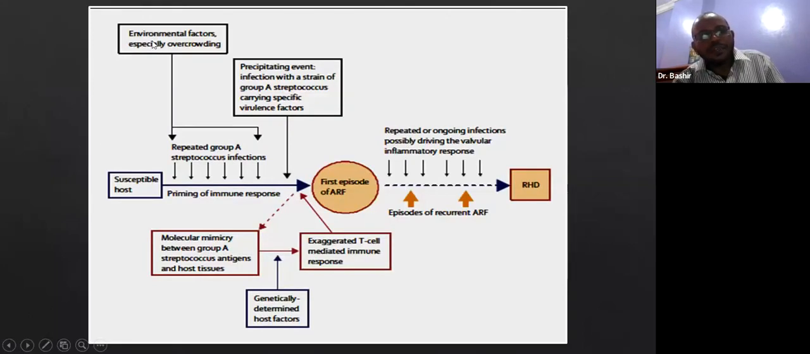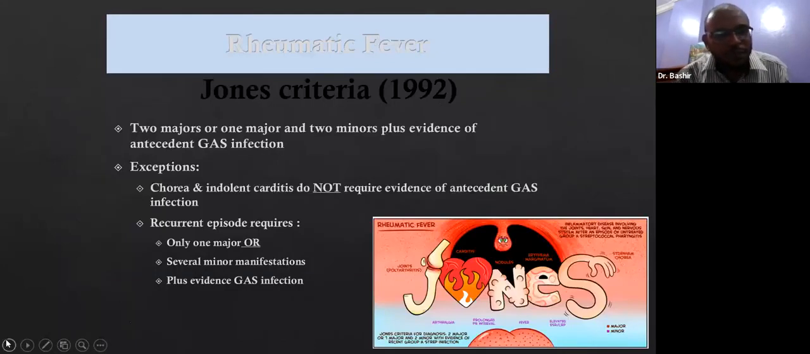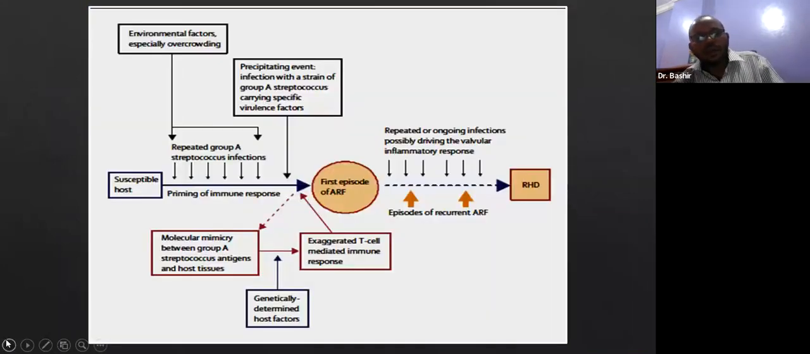Here we can see there is an environmental factor like crowding, and the host is susceptible to rheumatic fever, and there is priming of immune response due to repeated group A streptococcal infection. The child will have a first episode of acute rheumatic fever. So the child, if not treated, will have recurrent episodes of rheumatic fever, and this will lead to repeated